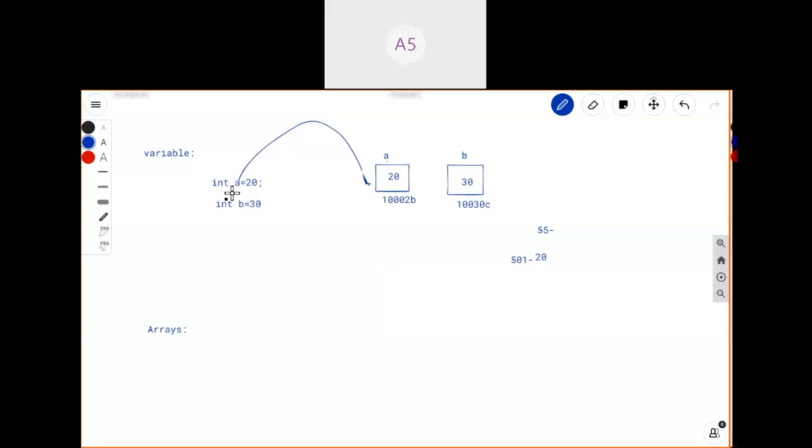A variable can store only a single data. If you want to store multiple data in a single variable, it is not possible by using the variables concept. To overcome that problem, we have the new concept called arrays.